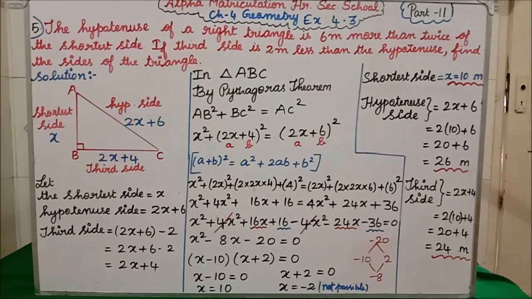Students, all of you clear about this problem, fifth question? Students, in this place also you can keep the third side and here also you can keep the shortest side. Wherever you keep, you get the same answer only. If you are not getting it, you have made a mistake somewhere. Here this is very simple. We are only using the Pythagoras theorem and then we are expressing it in the a plus b whole square formula. Okay students, next we will see the sixth question.